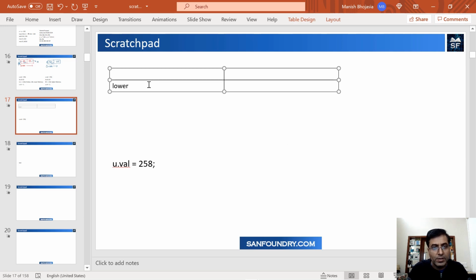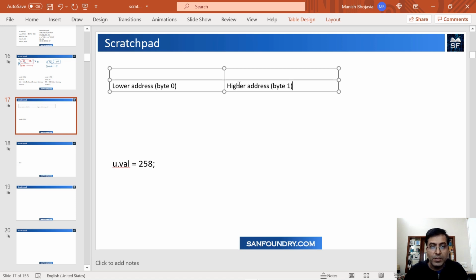And this is byte 0. So obviously this is your next higher address, and this is byte 1. So you have byte 0 and byte 1.